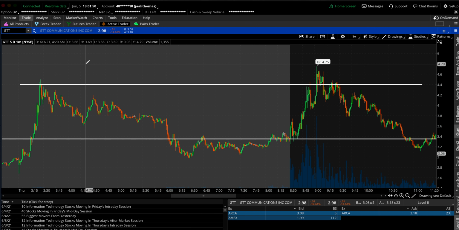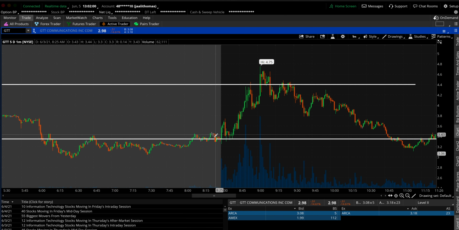You'll see this in a multitude of different companies. Let's say if we go back to AMC, you'll see that as well. So now I have a range set for this company that I'm looking to trade within. The bottom side of this range, whenever companies go red on the day, I'm not enticed to buy anywhere below this range because this is a lot of times a very easy trap that a lot of people fall into